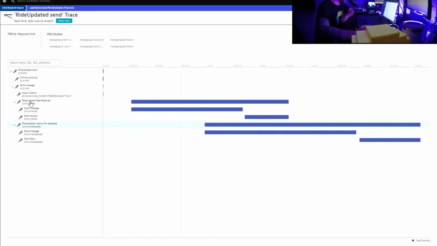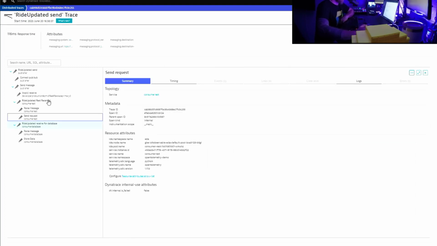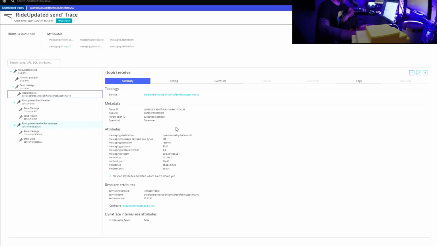So we have the trace from the consumer REST doing some stuff. And then we have the trace for the consumer database where we have some stuff. So at the end, we have a trace that is almost 3 minutes long, very long. So the long bar, we see it quite well what's going on. So I can click and that's perfect. But if I look at this one, which is a couple of milliseconds long,